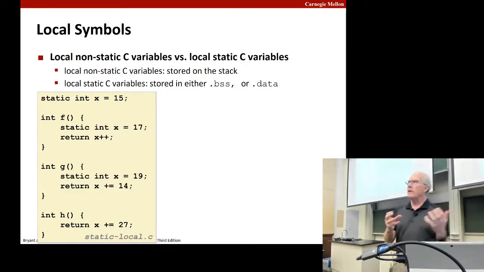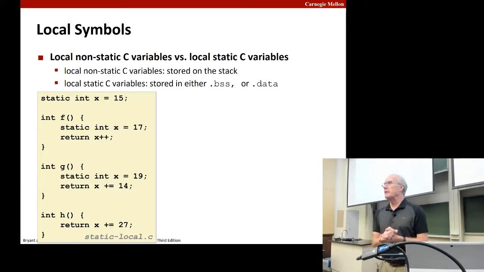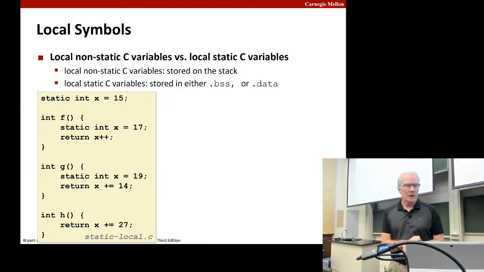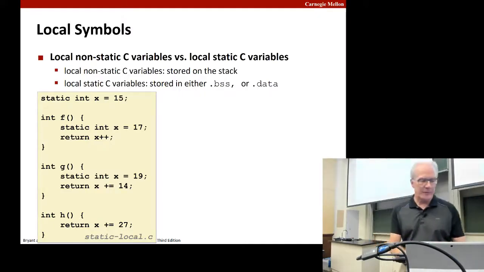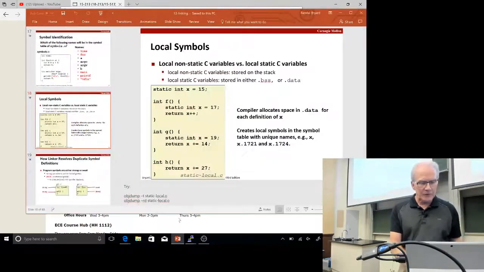So it's a tricky way you can hide information in a program. It turns out that all 3 of these will end up being symbols, even though they're local, and the linker is going to have to help resolve them. And then you say, yeah, but how does the linker keep track of 3 different x's all in the same file? Well, what it does, if we look,